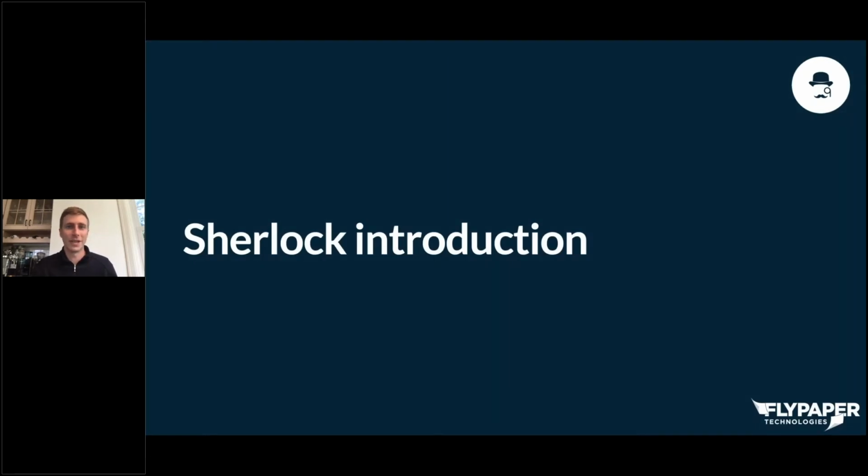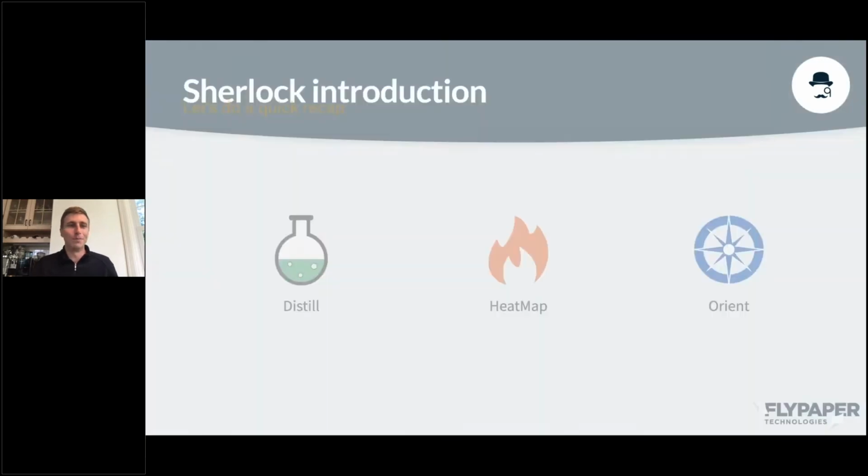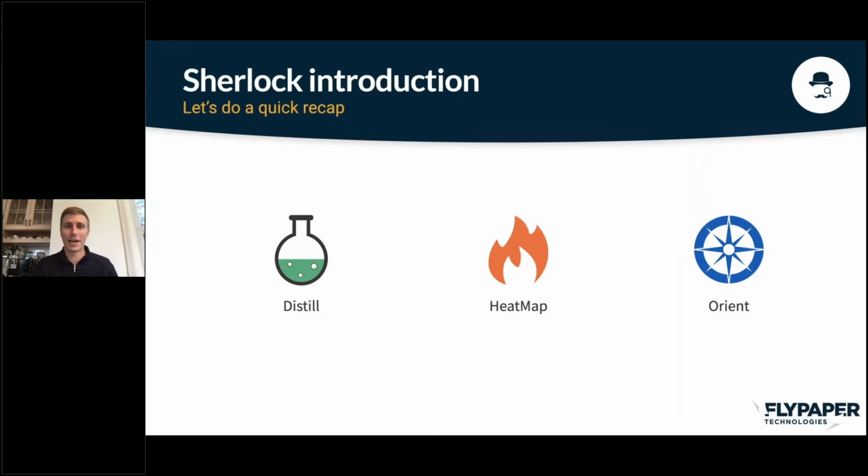So with that, I'll kick things off with our quick introduction to Sherlock for those of you that may not know what Sherlock is. Sherlock has three main features. We have Distill, which is our automated clash grouping algorithm, Heat Map, which is our model analysis tool, and Orient,